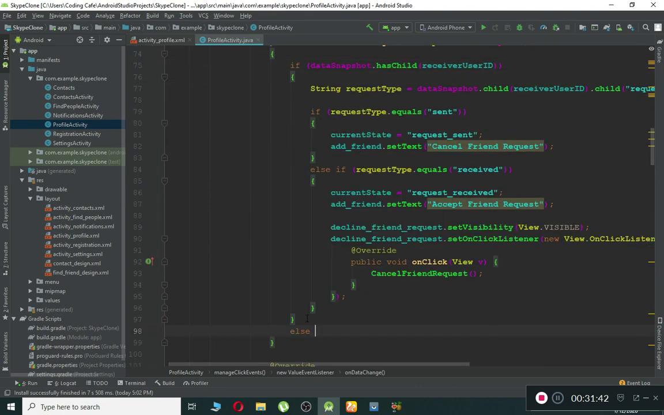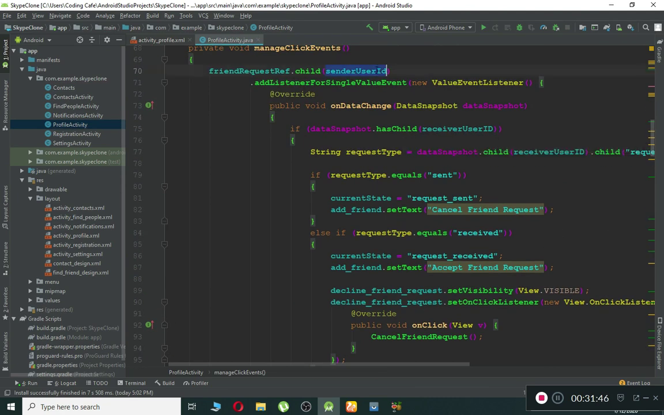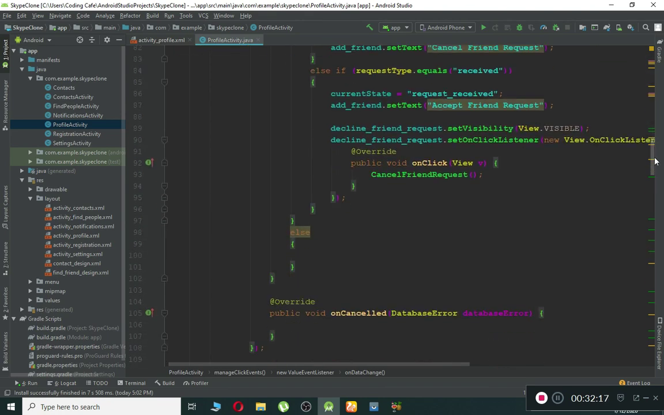we can say else. Now this basically means if the sender user ID does not contain the receiver user ID, I mean if the request is not sent, not received, then we have to check if the request is accepted already. I mean if the user is added to the contacts list of a user. Okay, so by using the contact reference, we have to check if that person is added to the contact list or not. If it is added, in that case we have to allow a user to delete the contact. So inside this else, we can say now